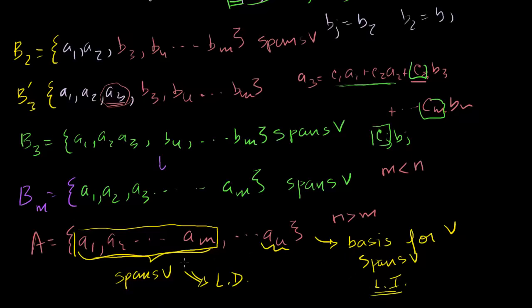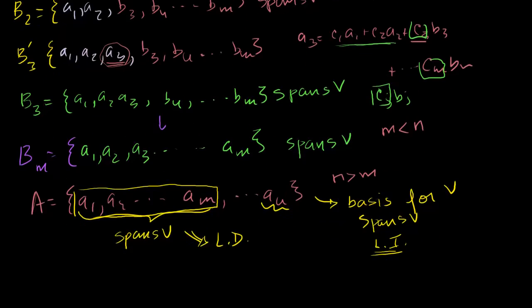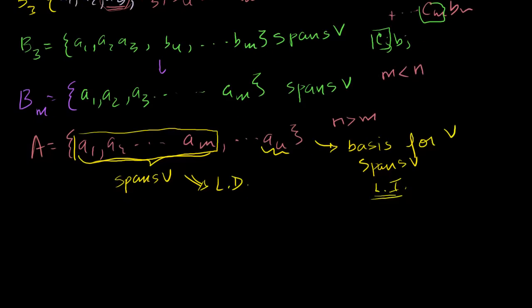If you're able to do this, then if there is some smaller spanning set, you get the result that A has to be linearly dependent, even though we said it was linearly independent. So we get our contradiction. There cannot be